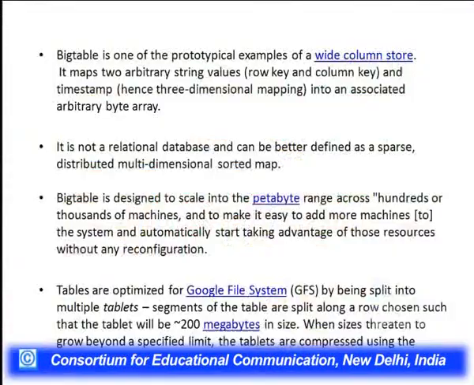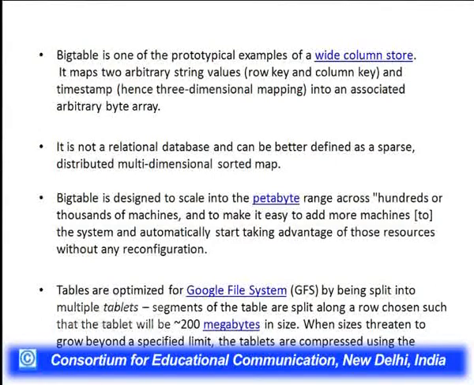Another thing to be noted is that it is not a relational database. In fact, it is a sparse, distributed, multidimensional, sorted map. The tables in Bigtable are optimized by being split into multiple tablets.